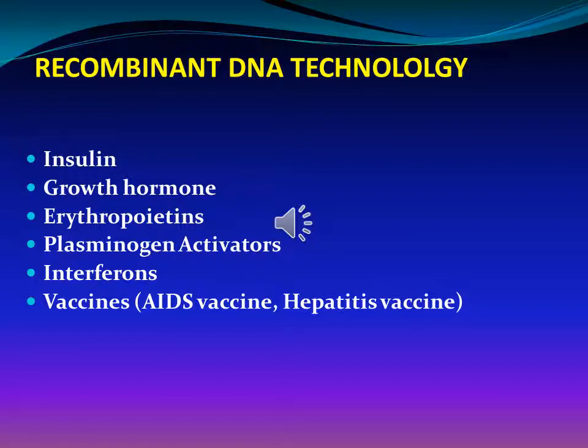The desired gene is coupled to a rapidly replicating DNA, either viral, bacterial, or plasmid. The new genetic combination is inserted into the bacterial cultures, which allow production of vast amount of genetic material. This technique has several advantages. Huge amounts of drugs can be obtained, drugs can be produced in pure form, and it is less antigenic. On the other hand, the disadvantages include that a well-equipped lab is required, highly trained staff is required as well, and it is a complex and complicated technique.